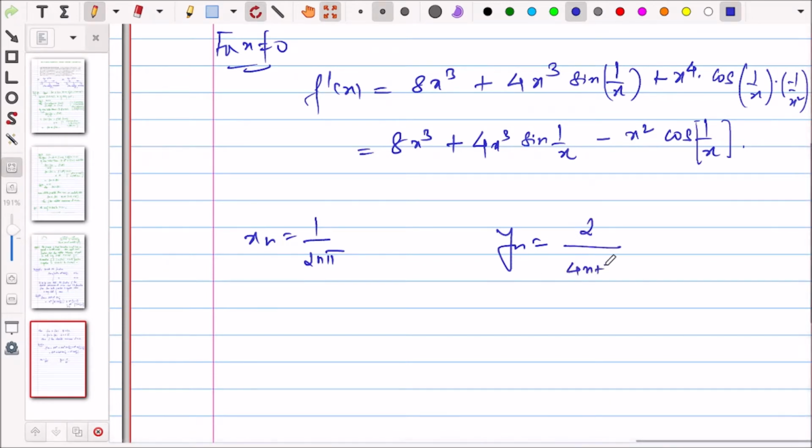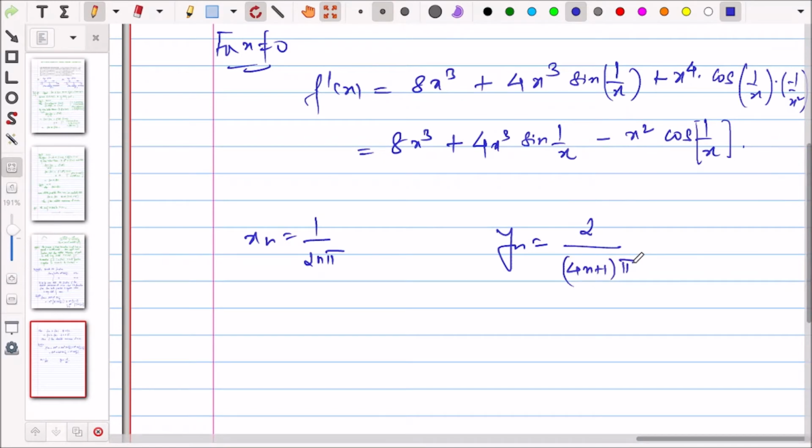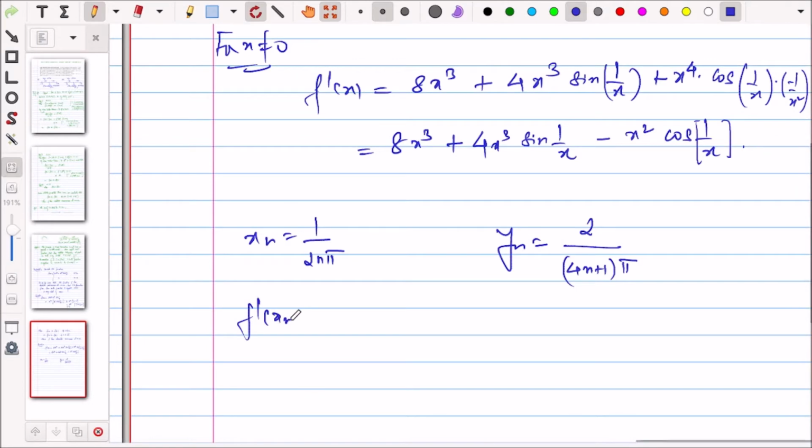2 by 4n plus 1 pi. So this is basically of the form pi by 2, and we are taking odd numbers, and those too of the 4n form, okay. So basically we are coming into which quadrant, okay. So in this way you will see that f dash of xn will come out to be,